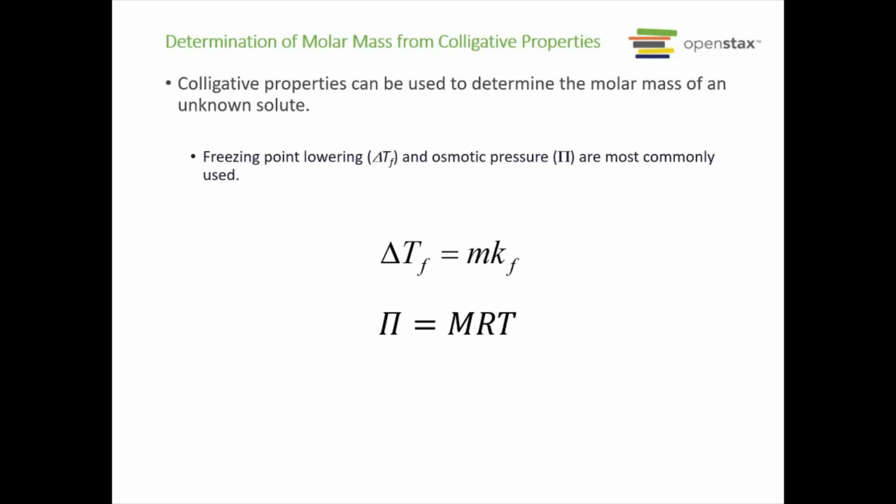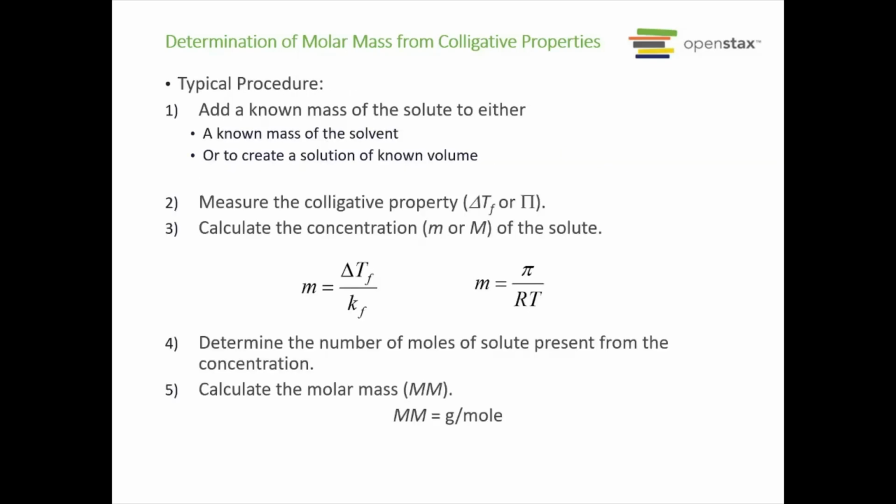Now, we can use our colligative properties to determine the molar mass of solutes. So we can use our freezing point lowering and osmotic pressure to do this. And we're going to look at some examples to show how it's done. So the way it tends to go is you take some known mass of a solute and you add it